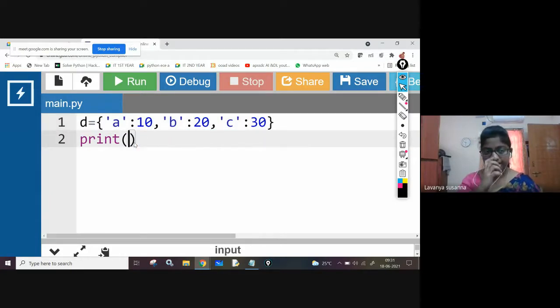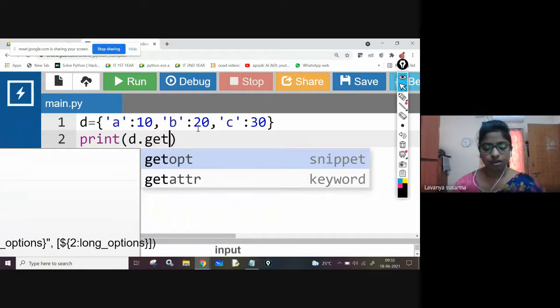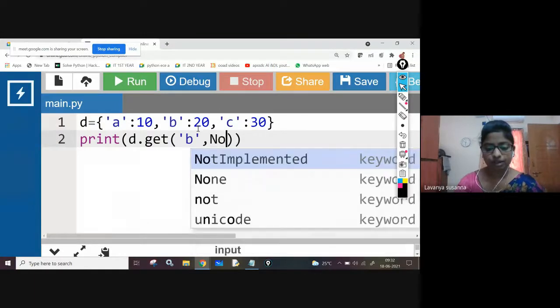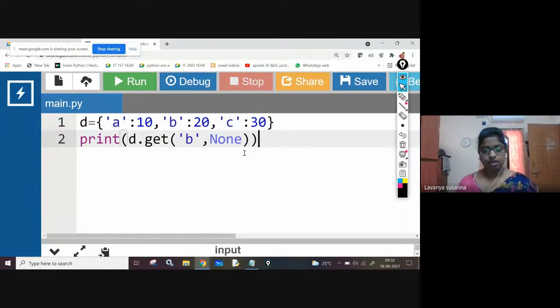Next, I want to get key B's value using the get method. D dot get of B, comma, I'm using None, capital N-O-N-E. Okay, see here. I'm executing. What is key B's value? 20, right?